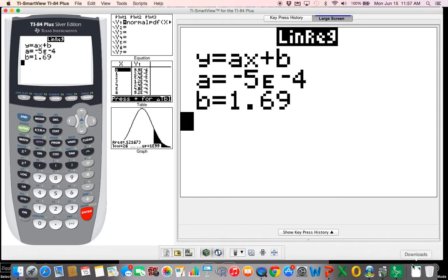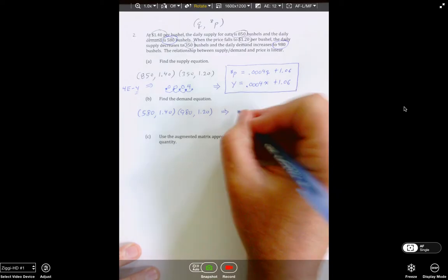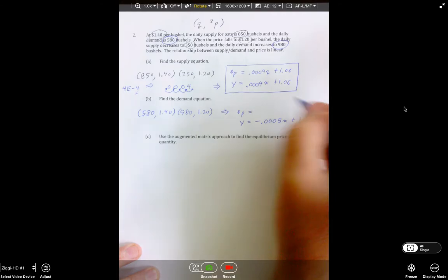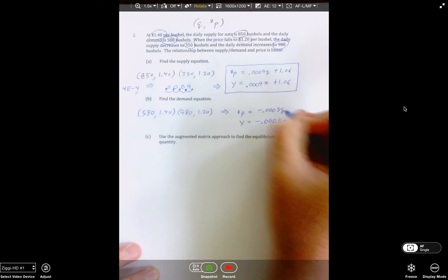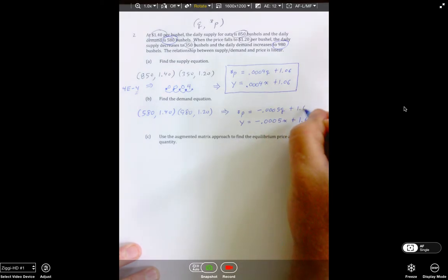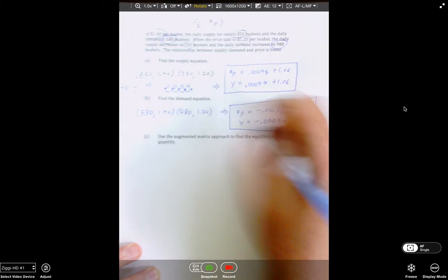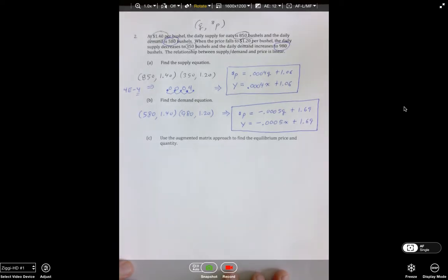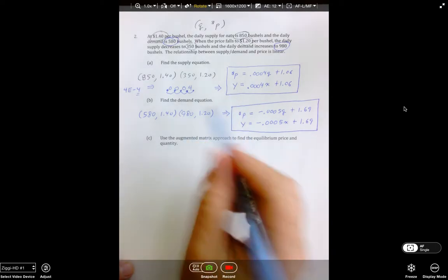All right, so I'm writing this down so we can go back over and take a look at it. So again, the equivalent of this is we can predict the price for a certain amount of quantity. And we get this right here. Okay? Now, regardless which way we use, whether it's y's or x's, we can see that we can take